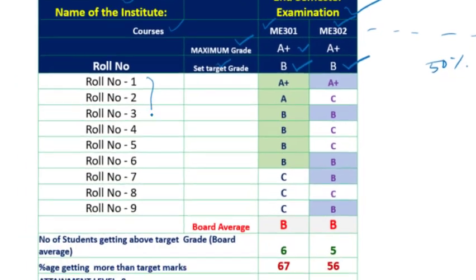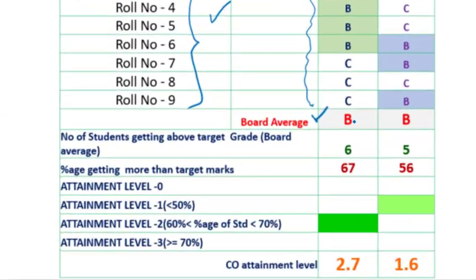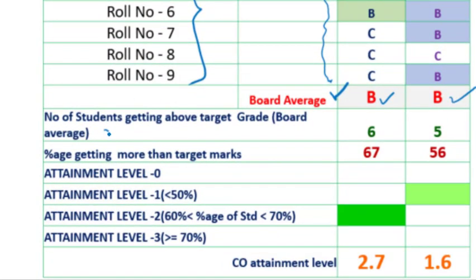We take number of students as 9. It may be 40, 60 or any number, but in this sample example we take that there are 9 students and their grades are tabulated this way. And by using a simple Excel sheet, we can find out the board average. It is already B. Number of students getting above target grade. In place of target mark, I am mentioning it as a target grade, which is the board average. So 6 number of students out of 9